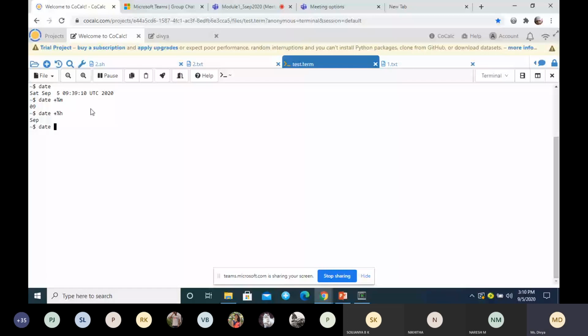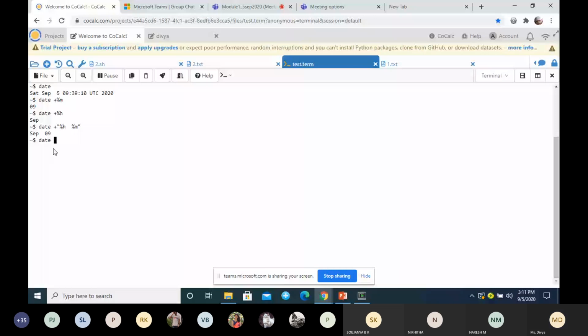You can combine the arguments with the plus symbol, percentage h, percentage m. See here how it is displaying. I have combined two arguments: percentage h gives the month in terms of words, and percentage m gives it in terms of numbers. September 09.